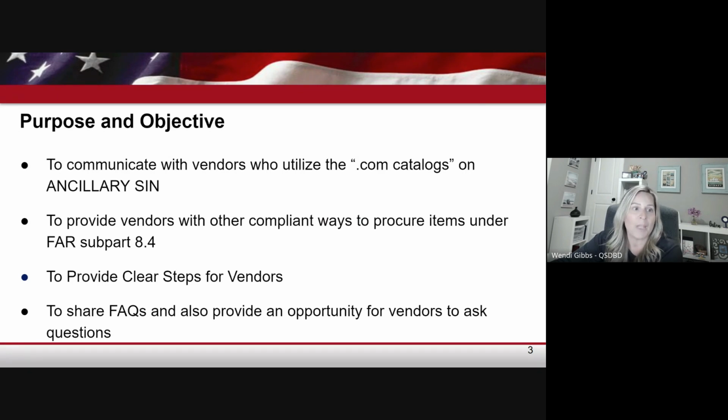My name is Wendy Gibbs, and I'm an acquisition project manager within our special projects team within GSS. Paula Hance is also presenting, and she's a procurement analyst who will be co-presenting with me. And then Brandy Leith is going to be moderating for us. She's a senior contracting officer with GSA.